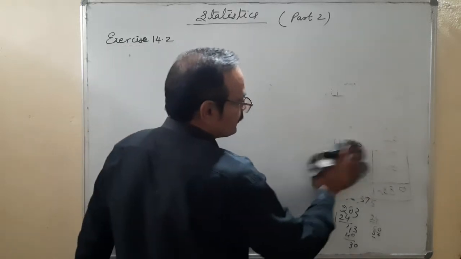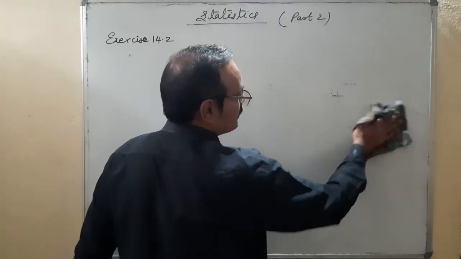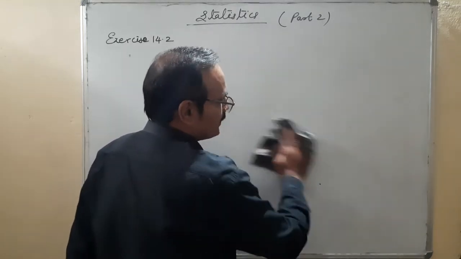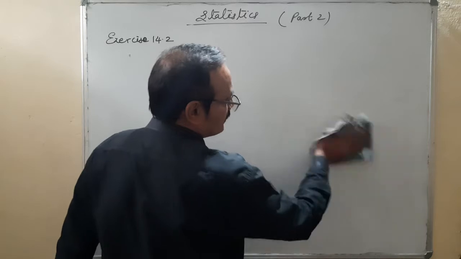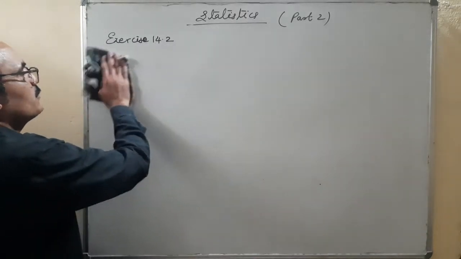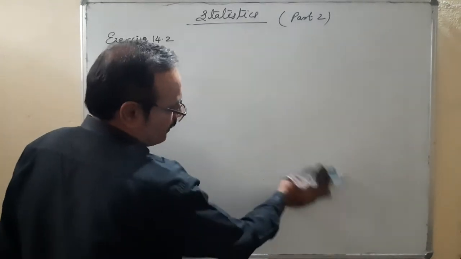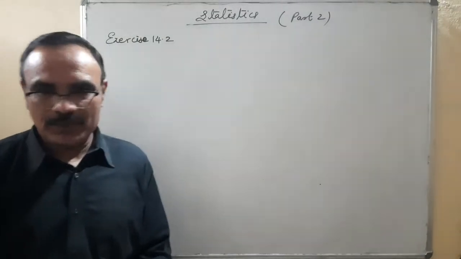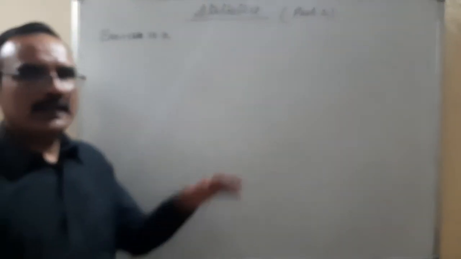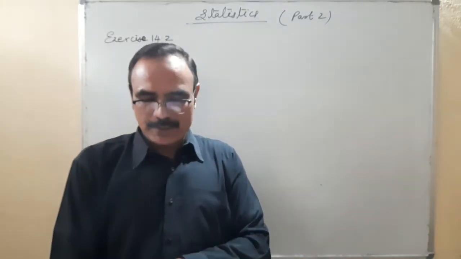Generally, the boys ask one question that, sir, if the maximum number, that means the modal class, is at the first, then what should be taken as F0? So at that time, we will take F0 as 0. By the way, in your syllabus, the mode is coming in between, so that you will get the upper F0 and F2 also. But in case you are getting like that, the first term should be taken as 0.